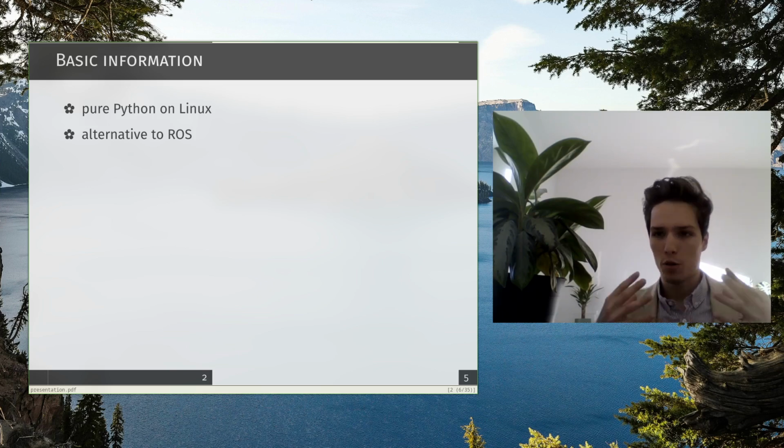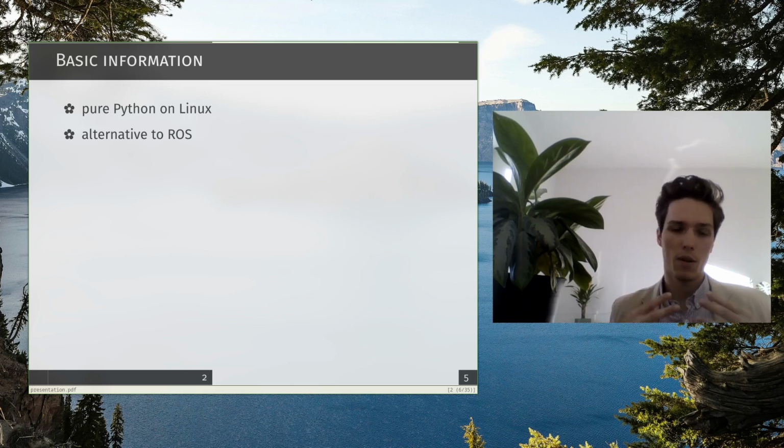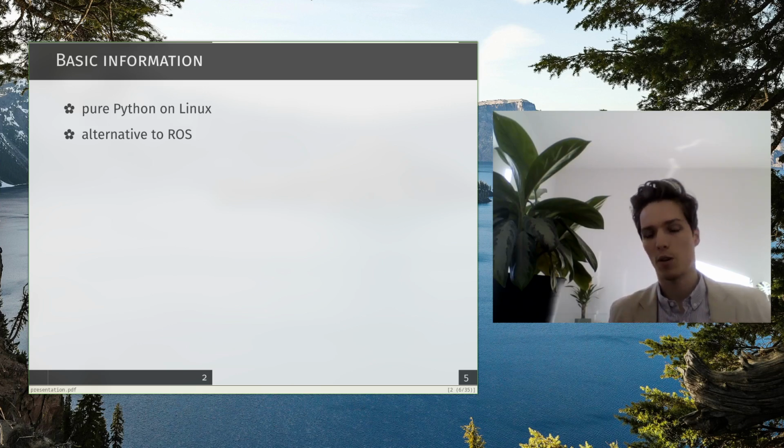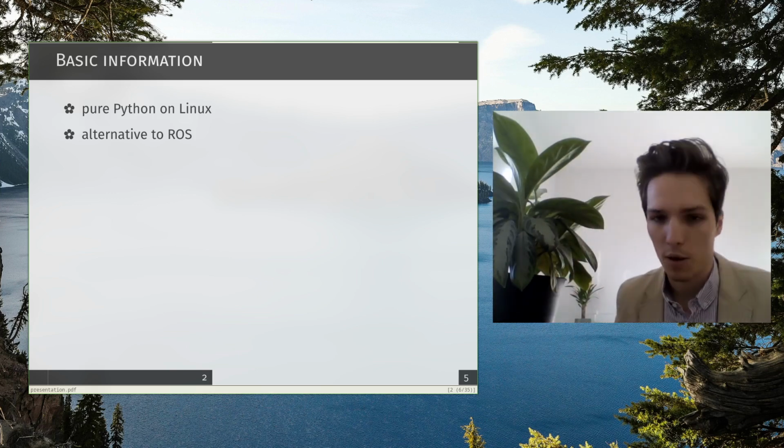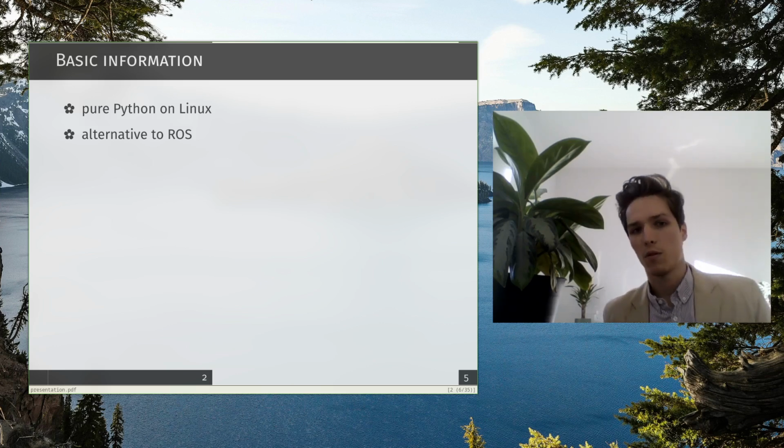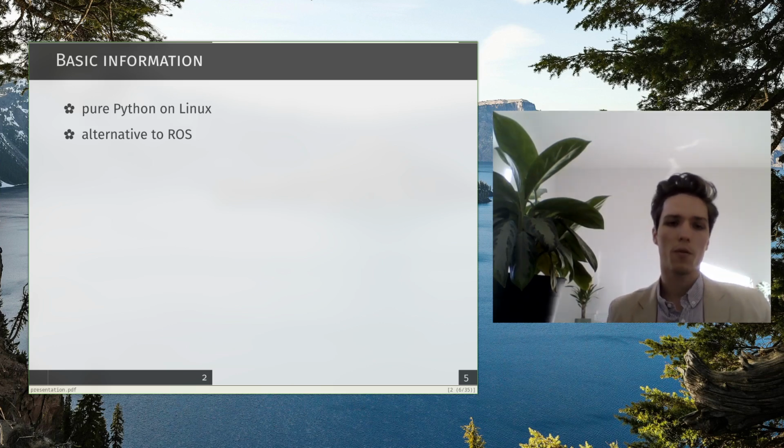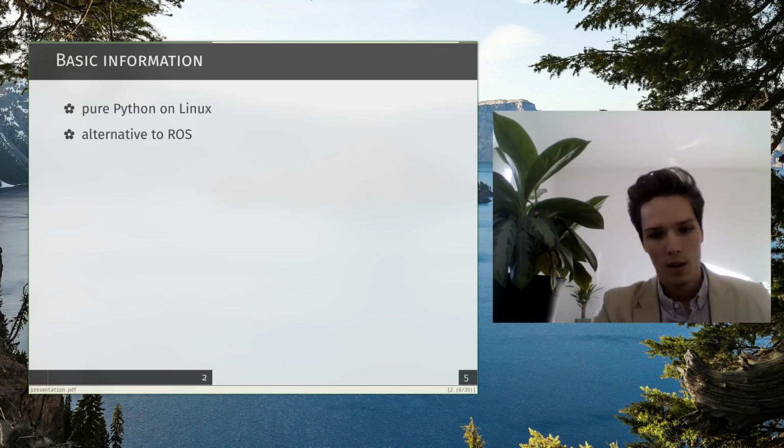At some point, of course, you want to develop a full-blown system. At that point, you would have to integrate it with ROS, because you need to integrate it with the other parts of the system, like the computer vision and so on. But if you have a relatively simple station, a relatively simple application, then this library is for you. Especially if you're starting off,